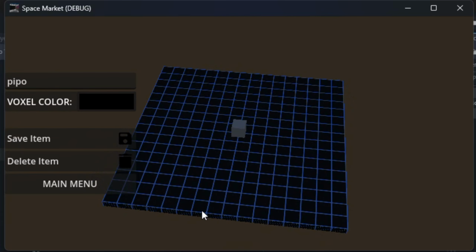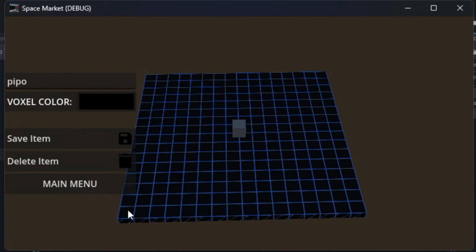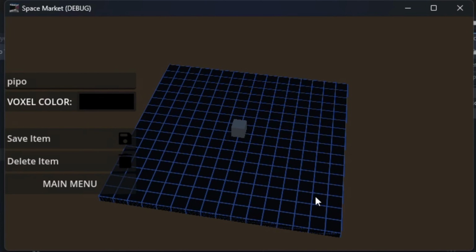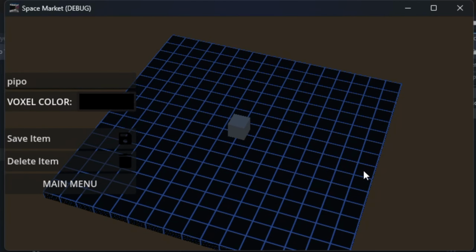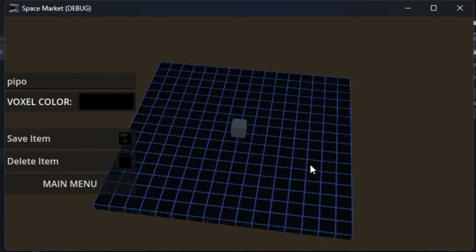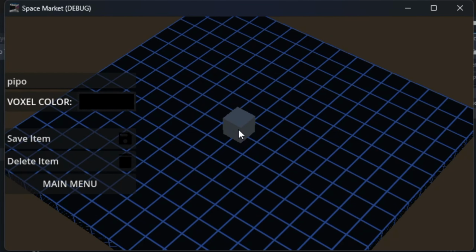Firstly, I started by creating a simple 16 by 16 grid where all of the voxels would be placed, and I created the camera movement which rotates around this grid area and can also zoom in and zoom out, and I added the save and delete buttons and even the ability to name the product. And lastly, I added the color picker to choose the voxel's color,